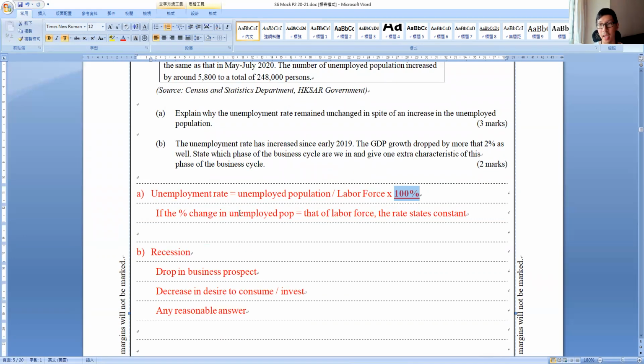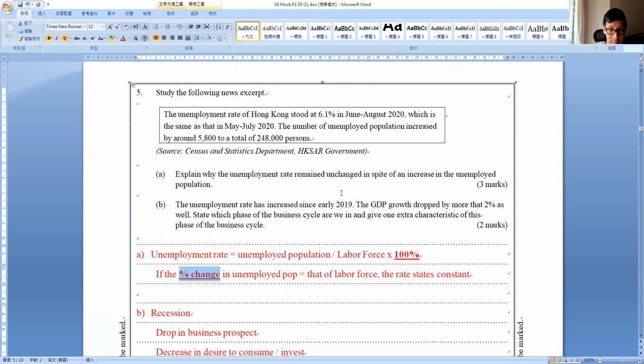score you 1 mark. And then you need to tell me it is the percentage change. 嗱，唔好再寫 change 啊。In unemployed population will be the same as that of the percentage change of labor force. Then the rate would remain constant. 得唔得？嗱，即係兩個重點。First, write down the formula with times 100%. Second, it is the percentage change. OK，兩樣都要有，好唔好啊？咁就3分啦。